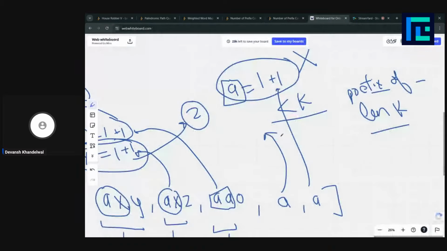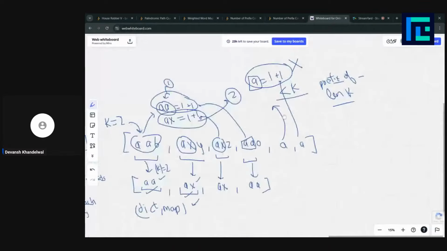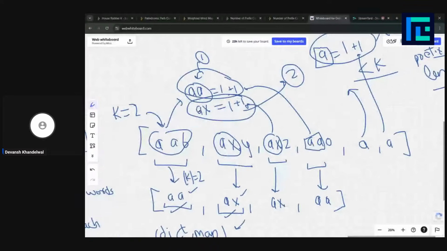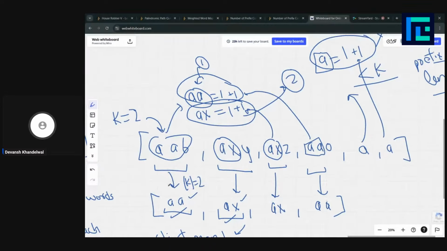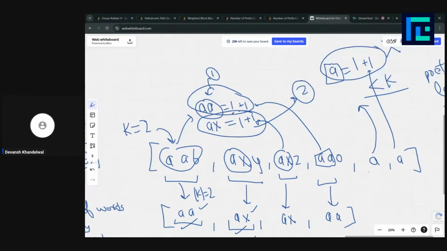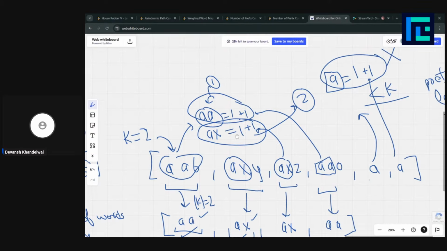Hope you guys got the answer. So here what we did, we iterated each string and marked its prefix into our dictionary, and then we checked how many strings had the prefix as aa or ax or whatever prefixes we have, and if their count is greater than or equal to 2, then that means it forms a group, right?